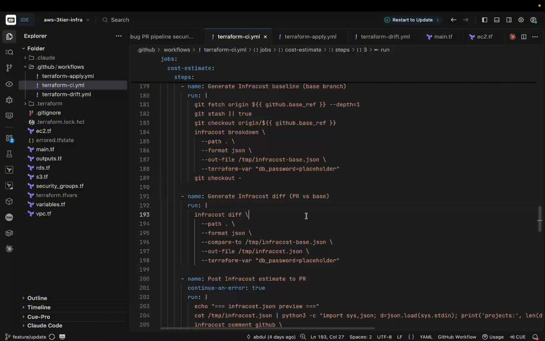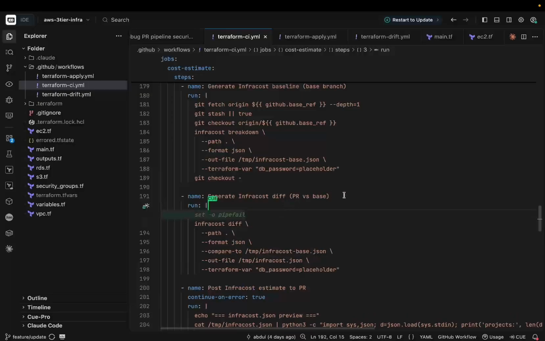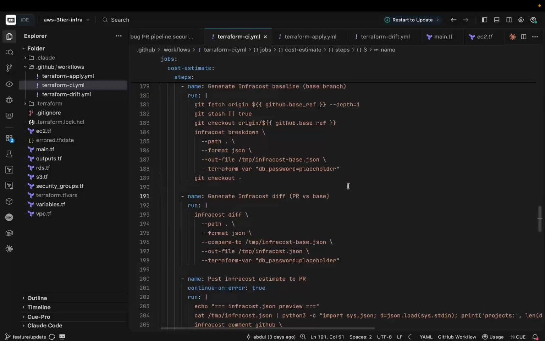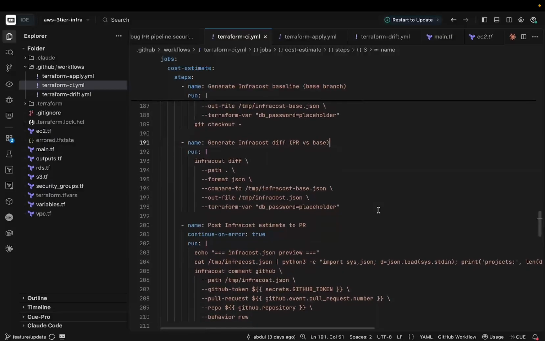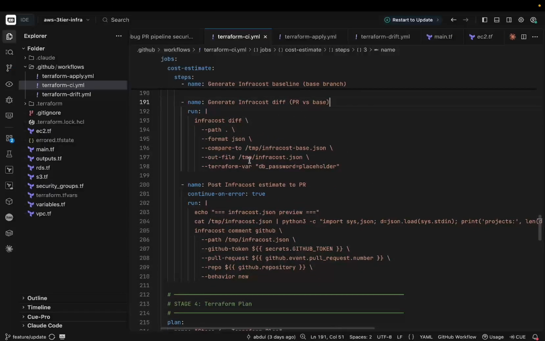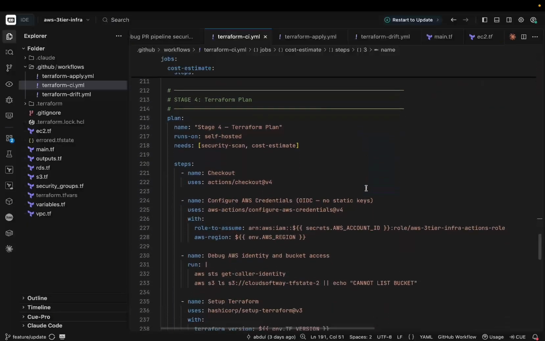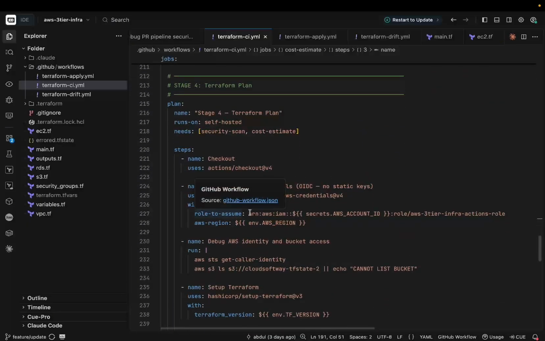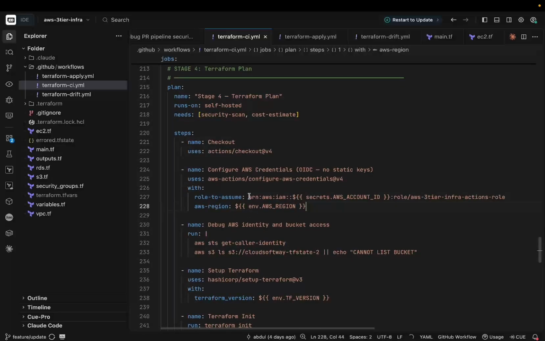In our case here, we have the same resources in the main branch, and in our branch we are working on a feature update branch, just for demonstration purposes. So we will add some extra resources right after we finish with the workflow, and check how the difference will be printed to the PR. Then we are running Terraform plan, which of course is authorizing and authenticating with AWS using OIDC,